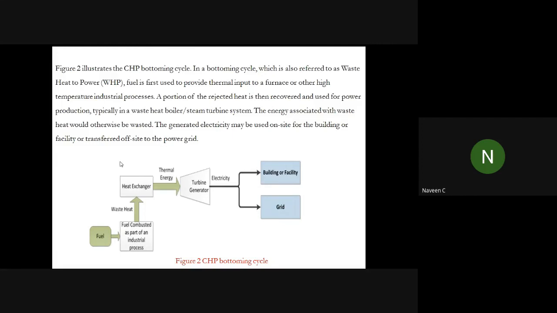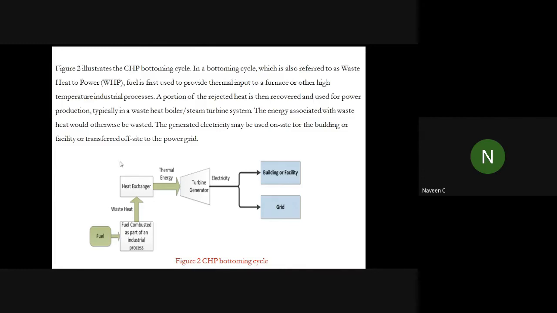If you are using ammonia, then handling will be difficult, but it will boil much faster and expand much faster at the lower temperature. So you can operate a turbine. The boiling point of water is 100 degrees, and the boiling point of ammonia is 30 degrees. So if you give it around 35 or 40 degrees, it will expand, which means the phase change will happen.